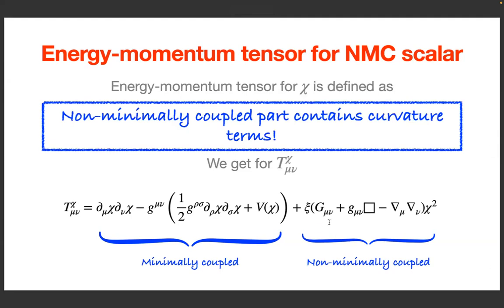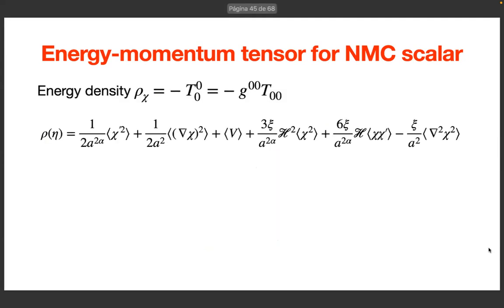This is the Einstein tensor, which is a combination of the Ricci tensor and the Ricci scalar. So the tensor is not trivial for the non-minimally coupled case. If I now write down the energy density given by this expression, you can see that I have what I was expecting: kinetic energy, gradient energy, potential energy, and terms that